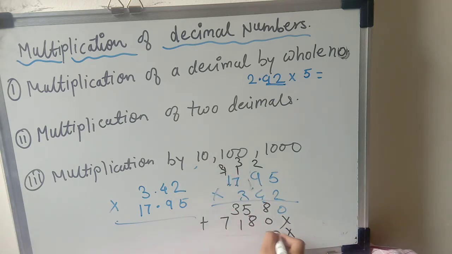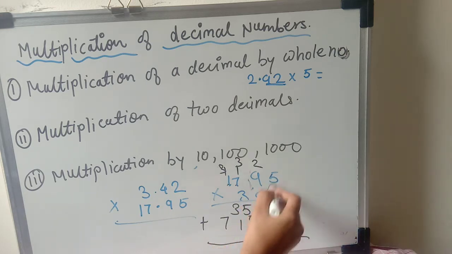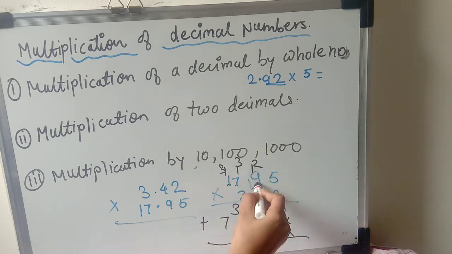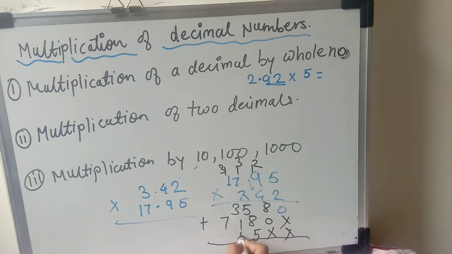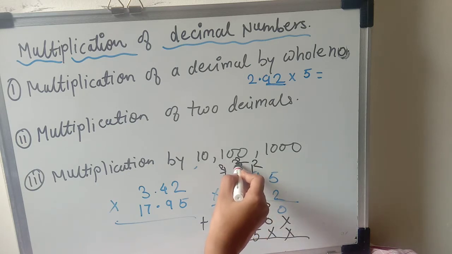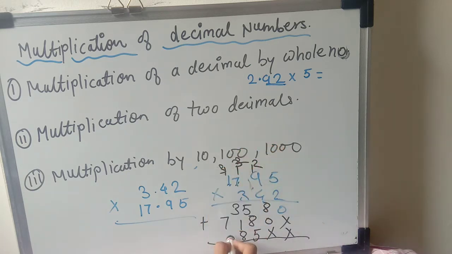Now the third number we have to take. 3 5s are 15. 3 9s are 27, 27 plus 1 is 28. 3 7s are 21, 21 plus 2 is 23. 3 1s are 3 and plus 2 is 5. So here 0, 8, 5 plus 5 is 10. 10 plus 8 is 18, 1 again, 8 plus 1 is 9. 9 plus 1 is 10. 10 plus 3 is 13. 7 plus 3 is 10. 10 plus 1 is 11. And here we got the answer, that is